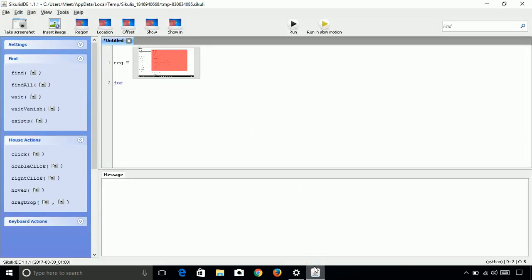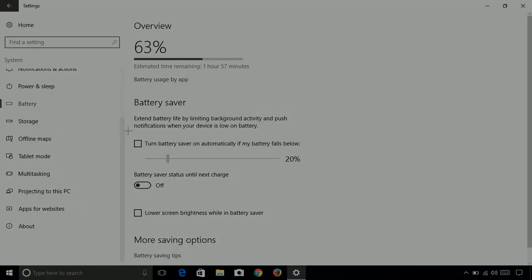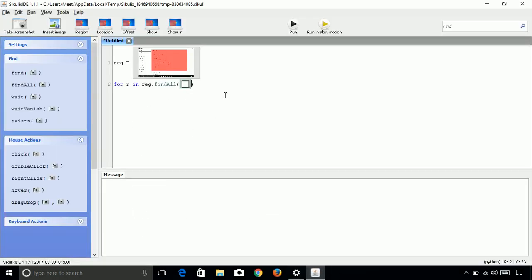Let's write for r in region.findAll, and it will find the box. So let's take a screenshot for that. So if it finds any box in that particular region, we need to click on that r. So it will click on it and check the checkboxes. So let's save it first.